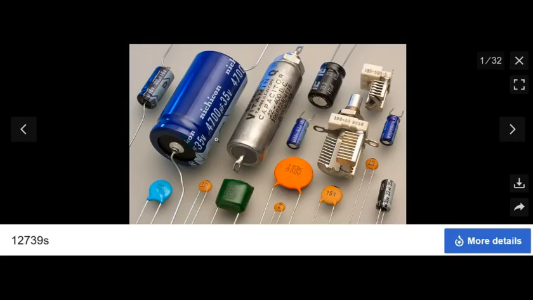So just a couple points real quick. This is kind of the big daddy here, this blue one, and that's maybe the size of your thumb, probably a little bit smaller, and it has a capacitance of 4,700 microfarads, and we're going to get into all that in a moment, and it can go up to 35 volts. And so the two plates, I believe, are jelly rolled inside of this, and it often has water as part of the dielectric material. But the point I want to get to, and we could actually put this in a spreadsheet and determine it entirely, but we need to talk more about capacitors before we do that,